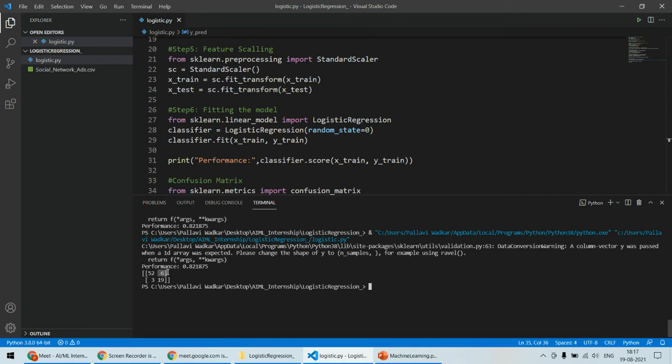True positive means actually he has purchased and our system or model also says it has purchased, so true positive. True negative means the actually that person has not purchased, so in real he has not